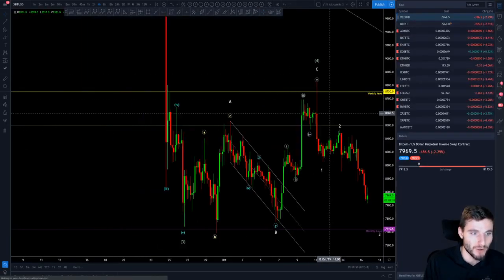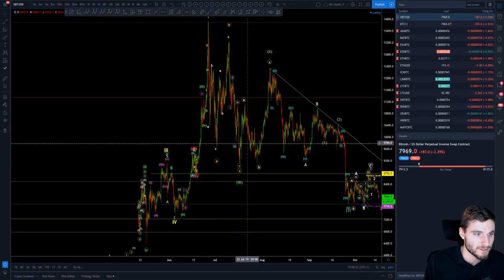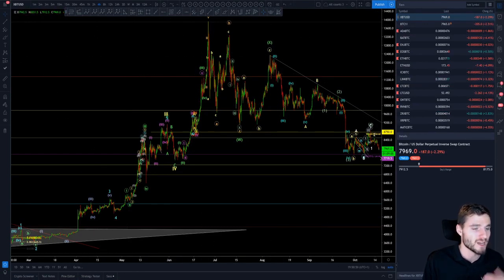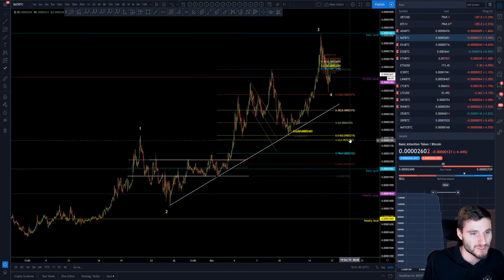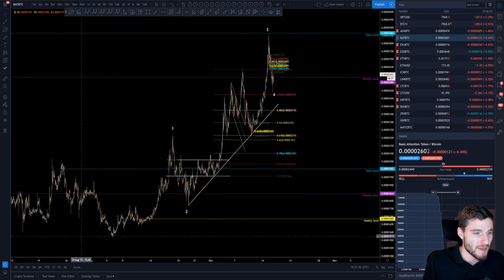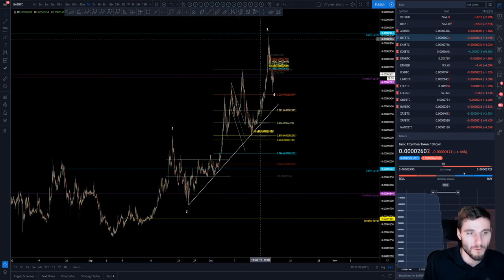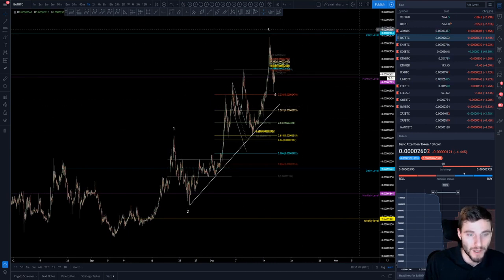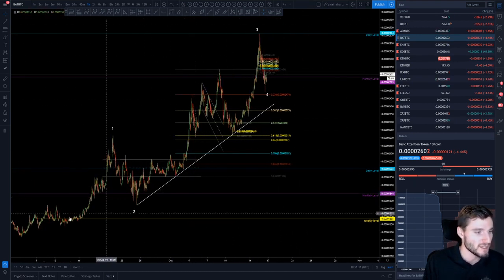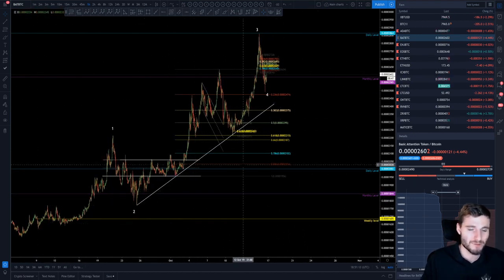It's just putting in 1, 2, 3, 4, when you can obviously compare it to a more detailed count like this. I don't bother doing detailed counts like this on altcoins because I mainly just day trade. I'm not in the same swing positions. If I can just get a basic overview of a wave 1, are we in wave 3, or are we likely topping out here? In my opinion, there's still room to come for a wave 5 up. This is obviously so basic, but to answer the question of when do you do Elliott wave analysis in alts,